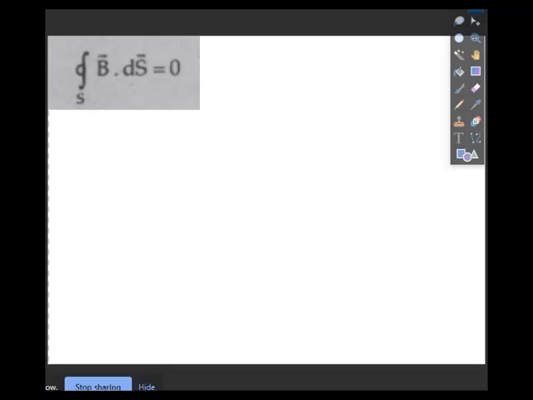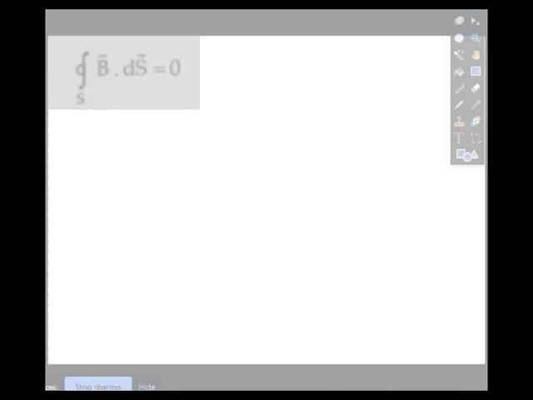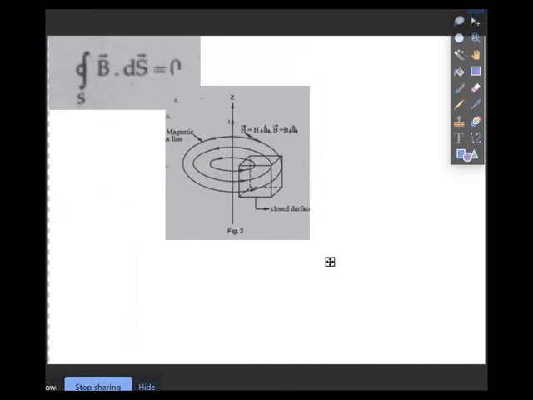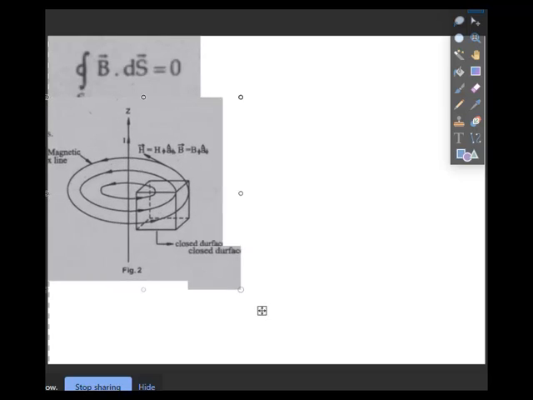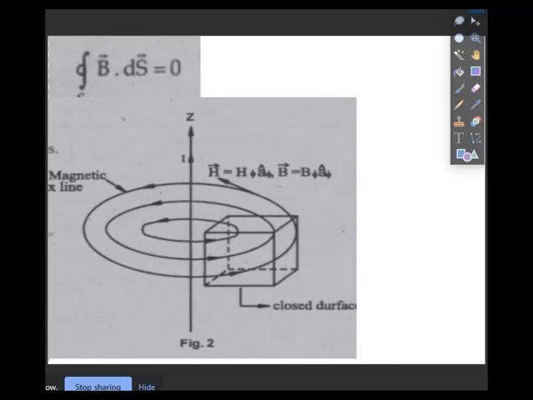Consider this figure. This figure shows that on the z axis we are passing current I. The current I is flowing from bottom to top, in the positive z direction. Because of that current, due to Fleming's right hand rule, you can find the flux phi. Flux phi is produced around the current carrying conductor. Depending upon the value of current, you will get phi.